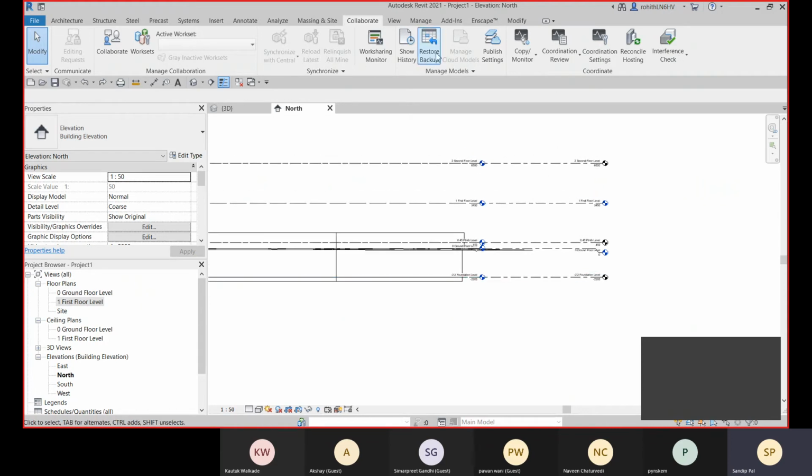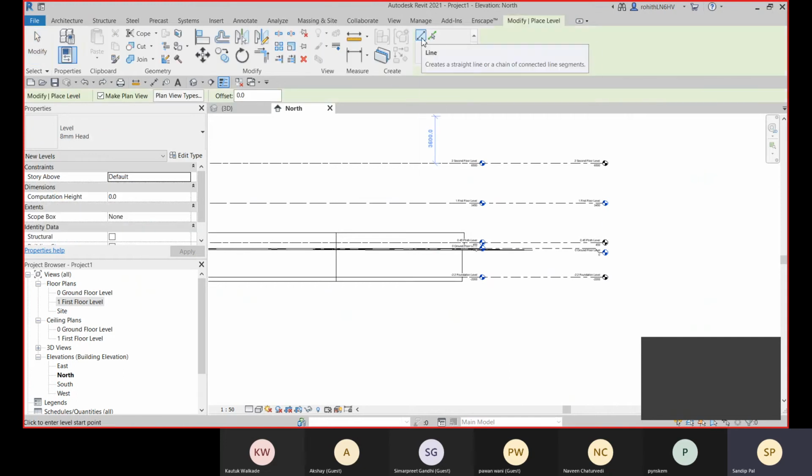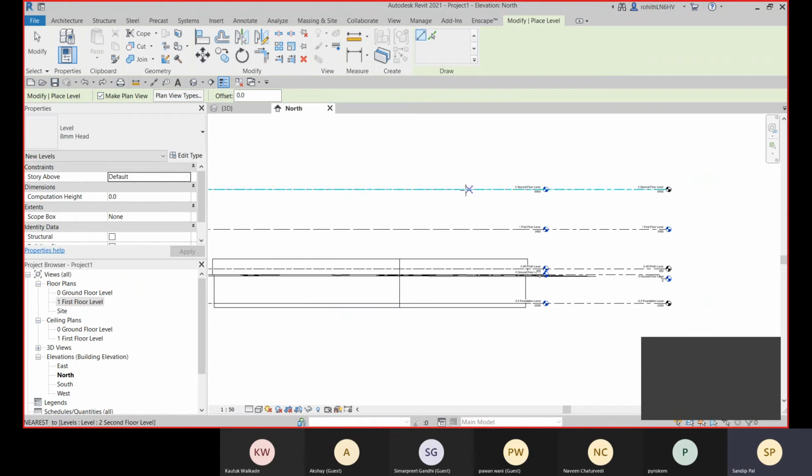I can do Create. For that also I have the Level option here, and we have these two options: either I can go with the line or the pick line option. If I choose the pick line option, I'll provide the offset value, and here the make plan view option will be selected, and this should be selected because when you create the level, the plan view will be created as per the level.